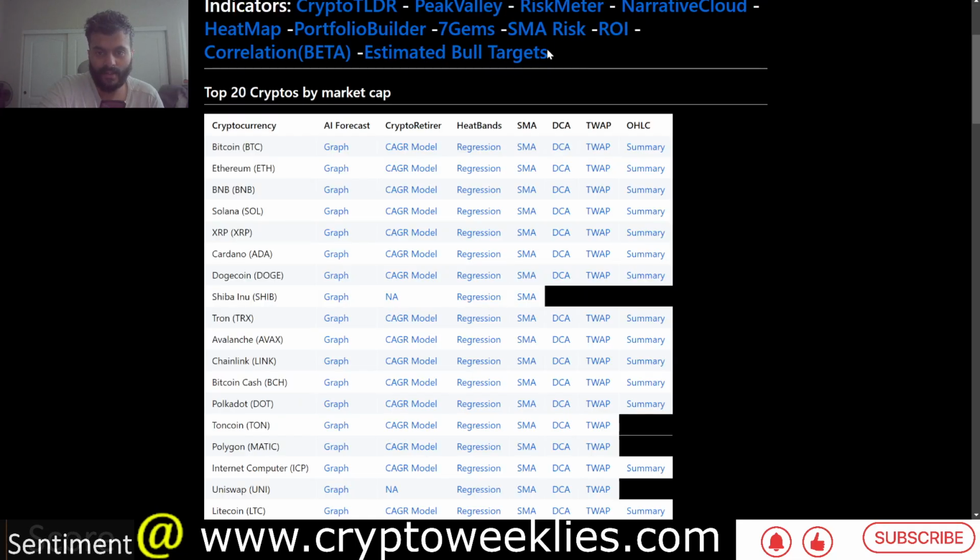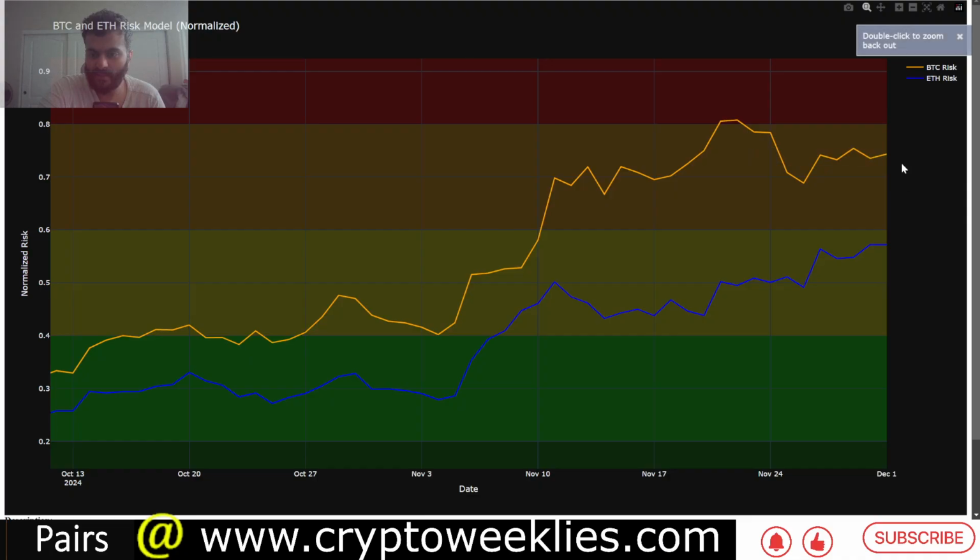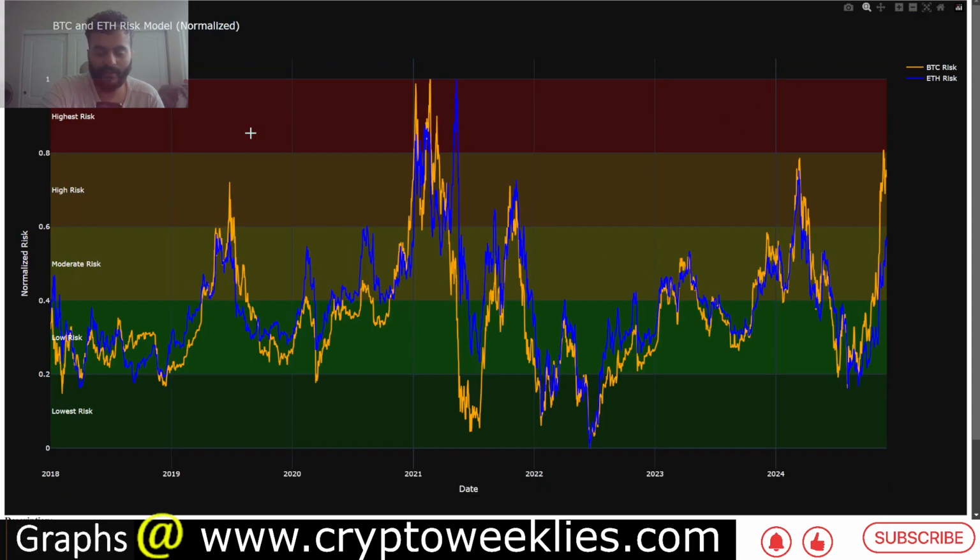So you see that right now the risks have cooled off a little from the SMA levels, and again Ether is several risk percentage points away from Bitcoin's risk. Bitcoin's risk is at around 74%. Ether risk is at around 57%. Again, the key is not to DCA out on the first print of risk levels higher than the orange risk levels. The key is to identify if the risks are going down in a linear fashion. So we are not quite there yet towards the ultimate peak of this bull run per this analysis.